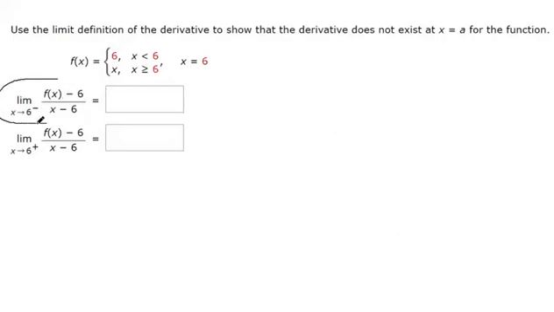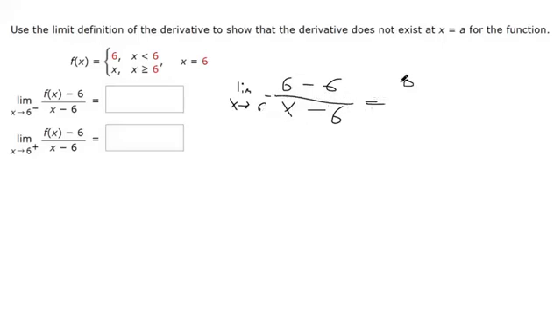So we're supposed to evaluate the limit as x approaches 6 from the left. And if we're approaching 6 from the left, that means we're using this piece of the piecewise function. So the y value, as we get infinitely closer to 6 from the left, is 6. And the x value is going to look like this. Now, the numerator is definitely going to be 0. The denominator is going to get infinitely close to 0. But this is 0 divided by something getting infinitely close to 0, so we can say that that limit's going